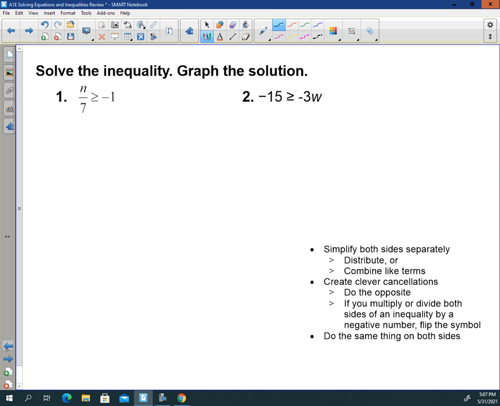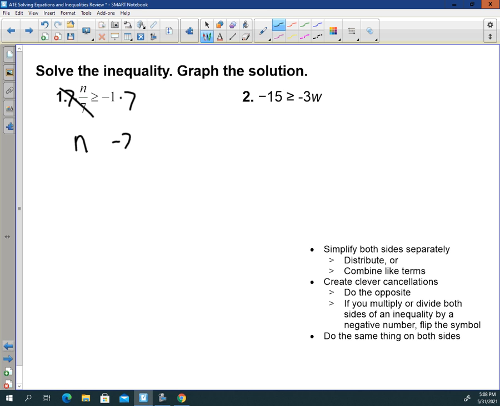So it says to simplify both sides separately. Fine, there's nothing to do in number 1 here. So we're going to create a clever cancellation by doing the opposite. Now notice that since I'm dividing by 7, I'm going to multiply by 7. That creates this cancellation right here, and I have n on this side, and I have negative 1 times 7,